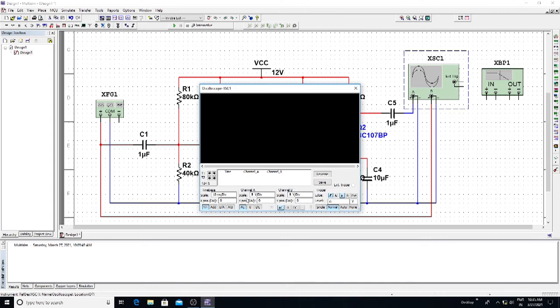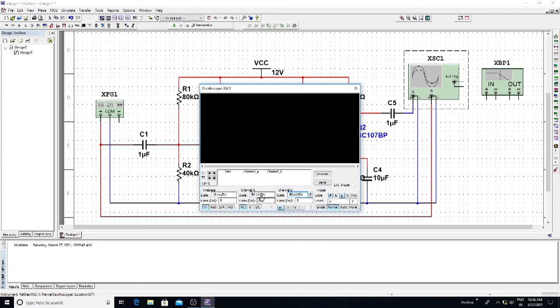Set both channel A and channel B to 50 millivolts, so that you can see how much the voltage is changed for each signal.